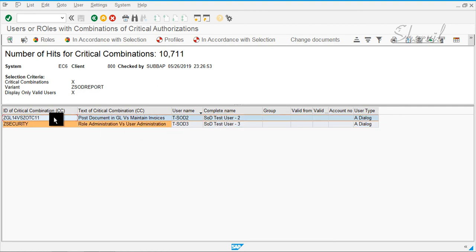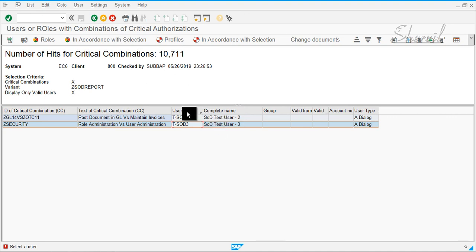Select the user and let's see whether this works this time. It has to work. In this case, what happens is when you select a user ID and click on it according to selection, it actually tells you the role names from where the user is getting the conflicting access. It will give you the role names. So maybe the support pack level is not up to date in this particular system. That's why you don't see that feature here. But that's what it is.